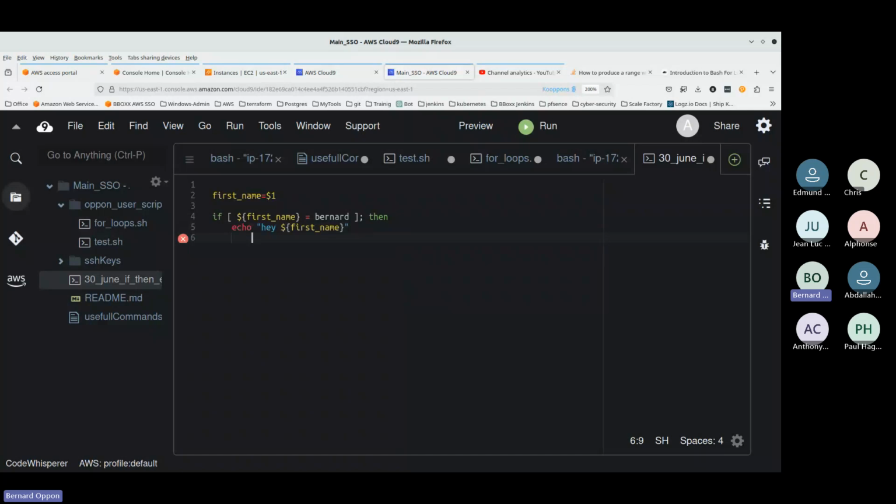What we can do is just do else here. Else echo, hey, you are not Bernard. And fi. Okay, so we're going to take a variable from the script,